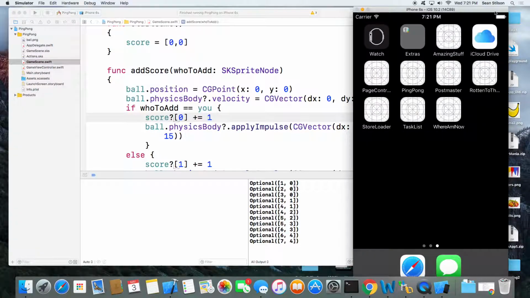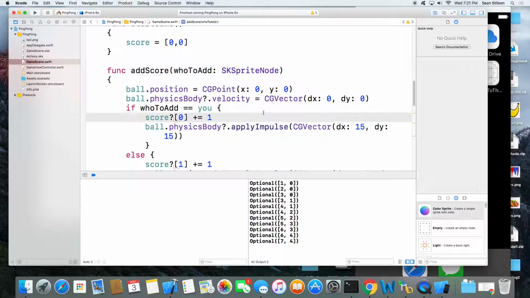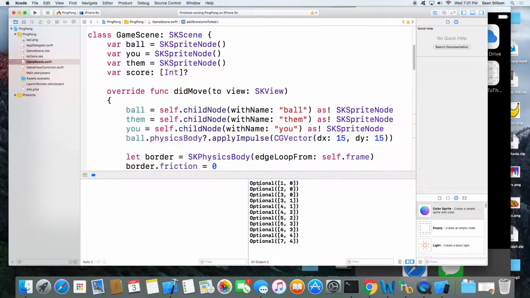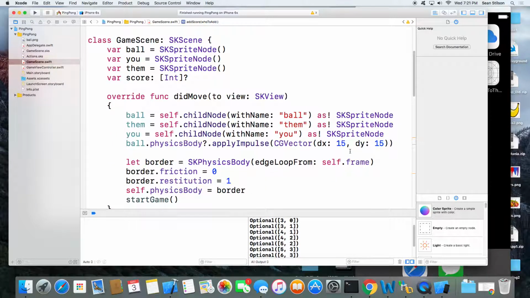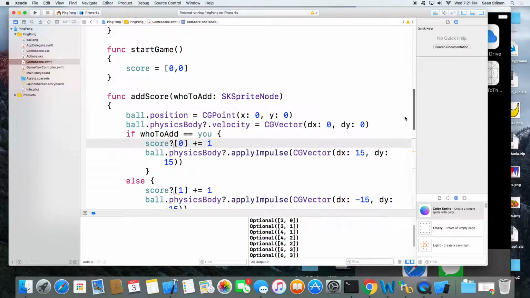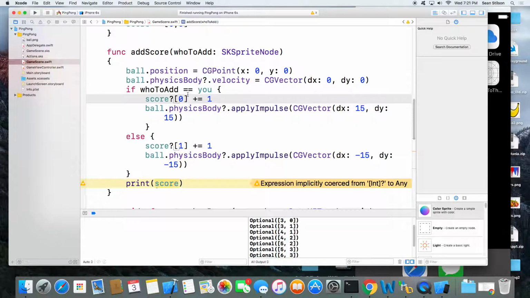Next week we'll finish this off by adding labels to show the score. And instead of the hard-coded 15, 15, negative 15 that we set the physics body to when we do the add score, we'll randomize it.